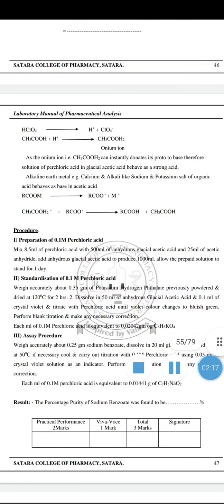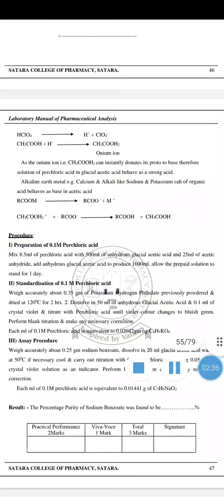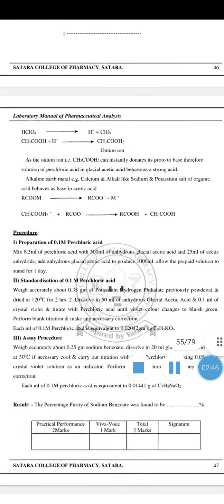Then the procedure of this experiment: preparation of 0.1 molar perchloric acid, then standardization of 0.1 molar perchloric acid, and the last one is the assay procedure. Mix 8.5 ml of perchloric acid with 500 ml of anhydrous glacial acetic acid and 25 ml of acetic anhydride. Add anhydrous glacial acetic acid to produce 1000 ml, then allow the prepared solution to stand